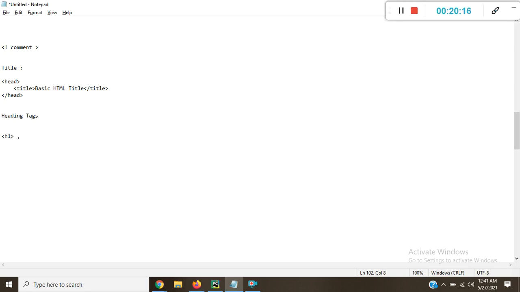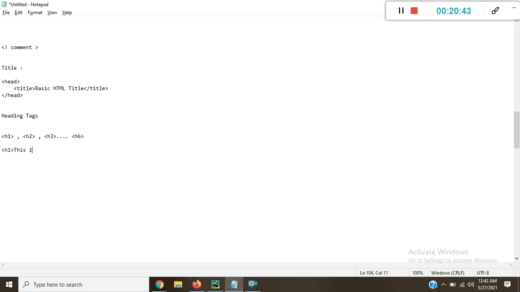H1, H2, H3, and till H6. These are our heading tags. Okay, so how can we write heading tags? Suppose I want an H1 that says heading 1.